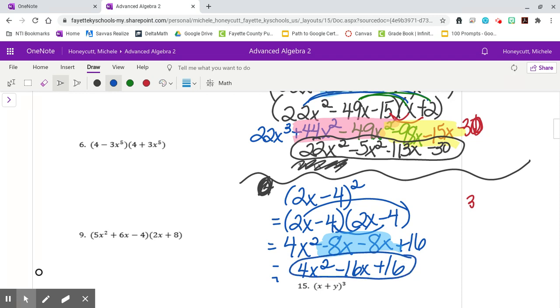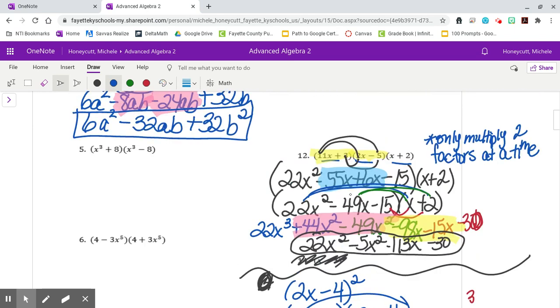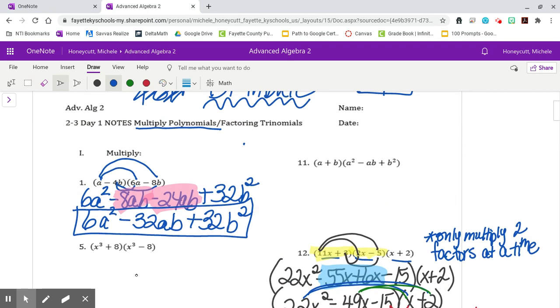So you'll have a few problems where you'll need to multiply out like this. In the next video, we'll talk about how to go backwards and go from having the trinomial to the actual binomial. And so you might have something like, well, it'll be a little less complicated than what we got for